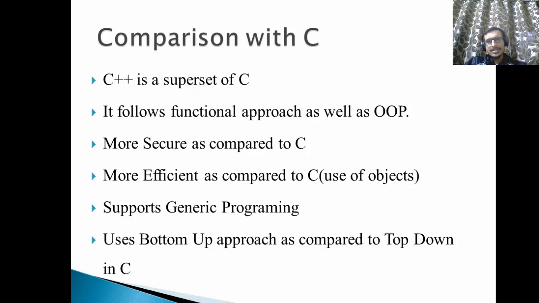But in C, first of all we just write the main, and inside the main we do all the detailings. So it is basically a flow approach. Bottom up approach means how the flow is going. In the bottom up approach, first the functionalities are created, and at the end these functionalities are assembled into a single logical entity with the help of objects. But in the top down approach, first of all we write the main, and inside the main we write the lines of code, and it is not a good practice.